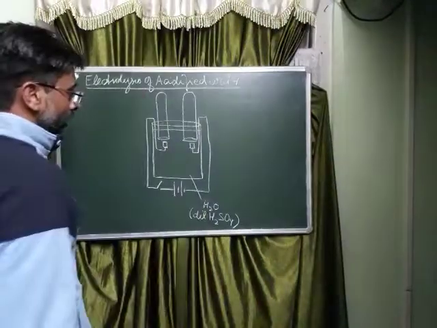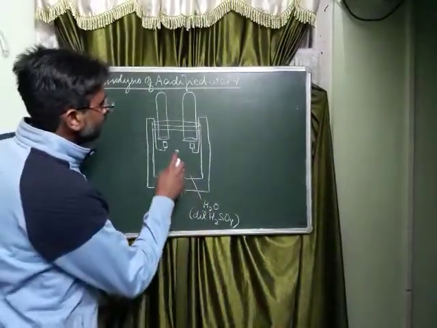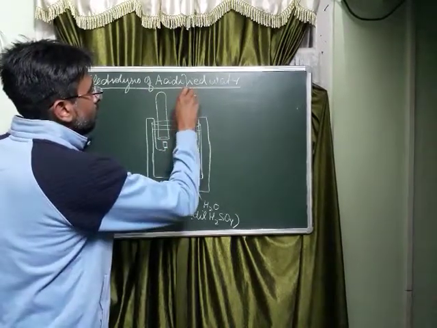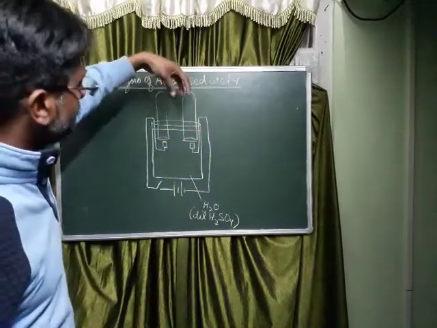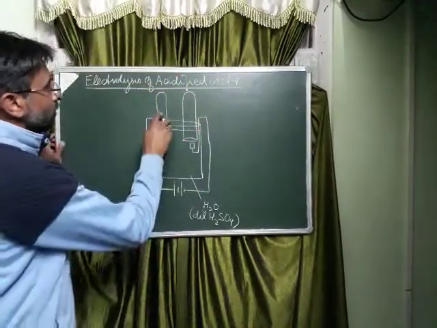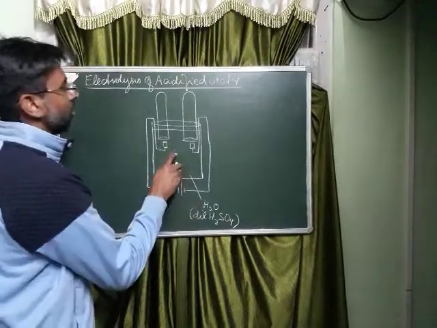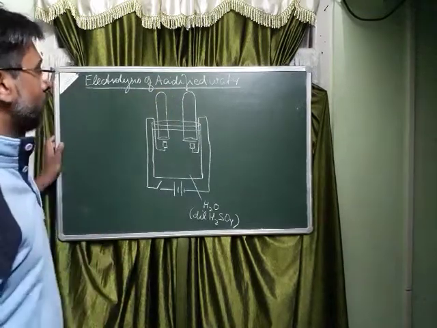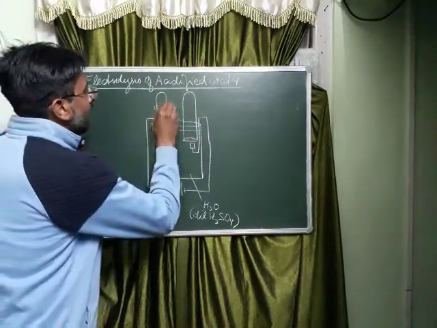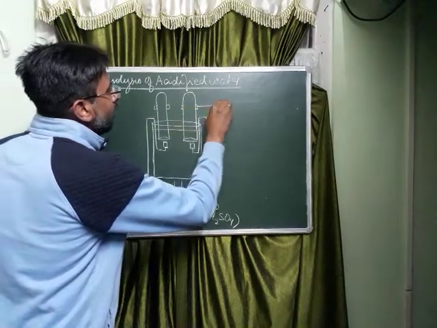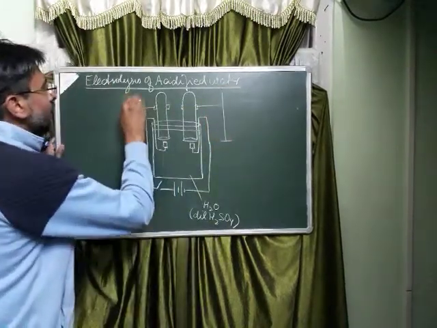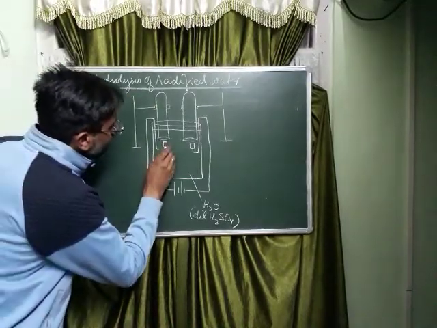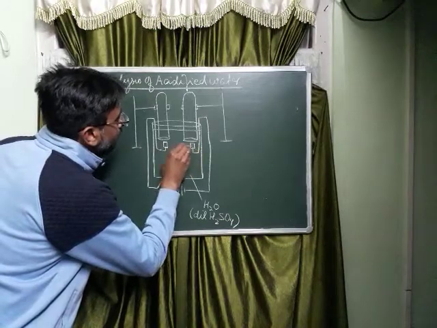Now, the next part, let me explain. There are two test tubes over here, put upside down in this water, but these test tubes are filled with the same acidified water. They are completely full to the brim. These test tubes are clamped with the help of side stands at the side so that they don't fall off. Now, just at the mouth of the test tubes we keep